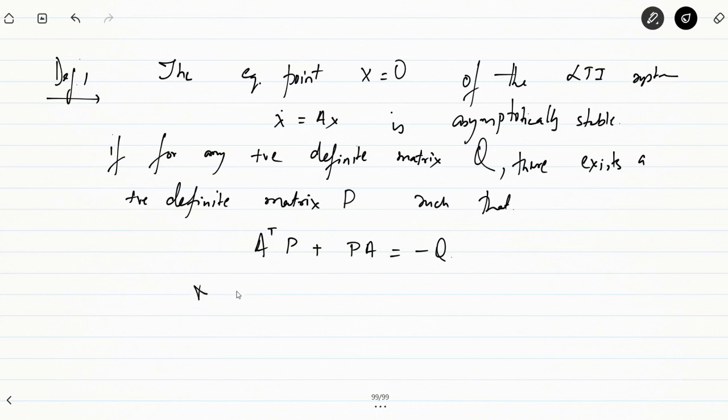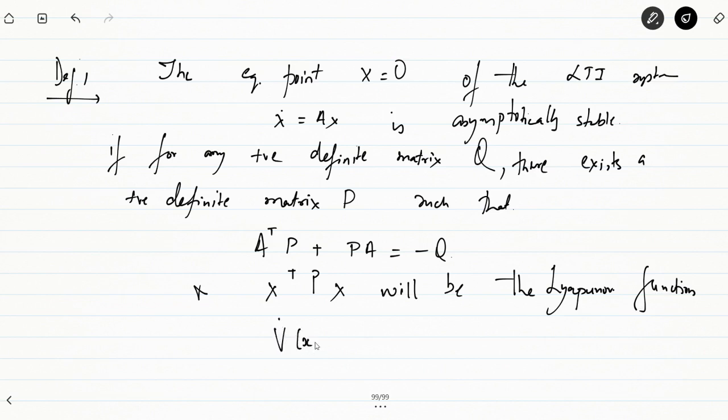And in that case, x transpose P x will be the Lyapunov function. So this is actually how you determine the Lyapunov function. So we have described 3 different methods of finding out the Lyapunov function. This is the first method, that is the energy metric algorithm method. So to find out the Lyapunov function of the system, V of x,